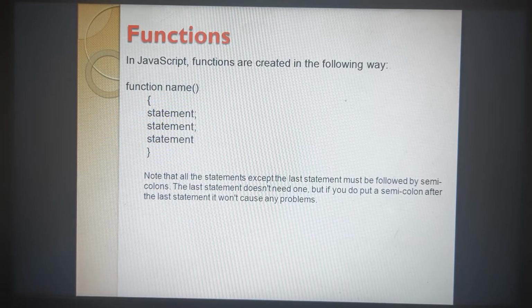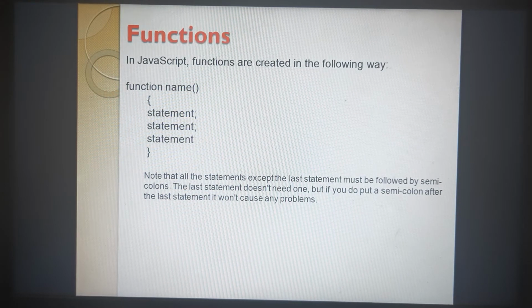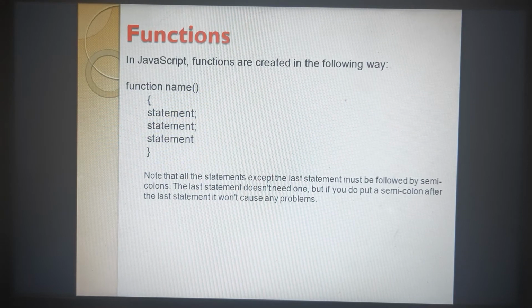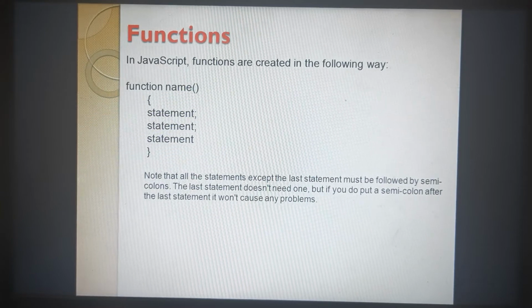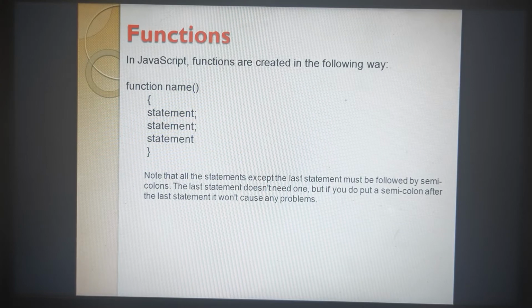All the statements except the last statement must be followed by a semicolon. For the last statement, we can put the semicolon or we may not; it depends on the programmer. Even if we miss out the semicolon on the last statement, it doesn't show any error. The last statement does not need the semicolon, and if you write it, it won't cause any problem.